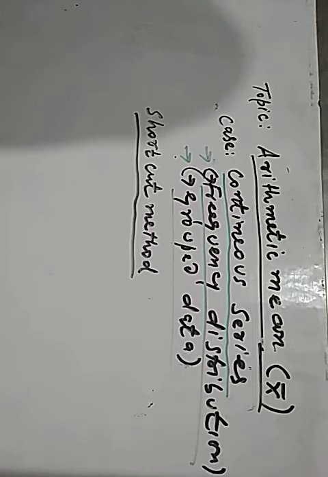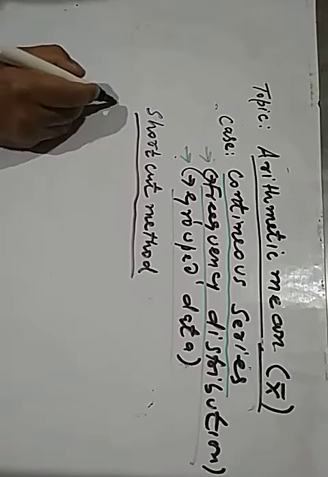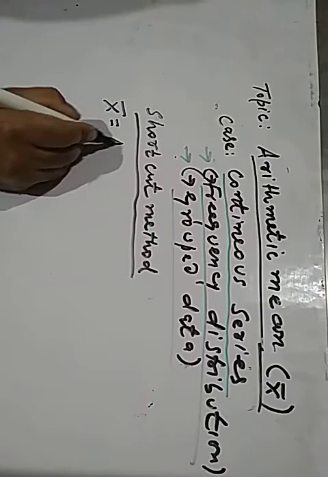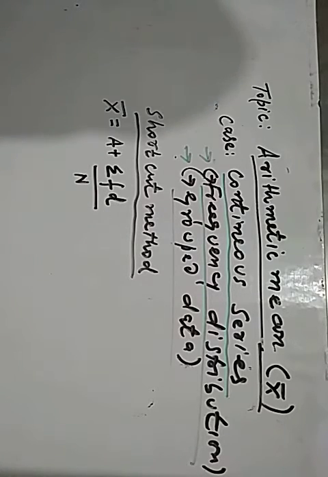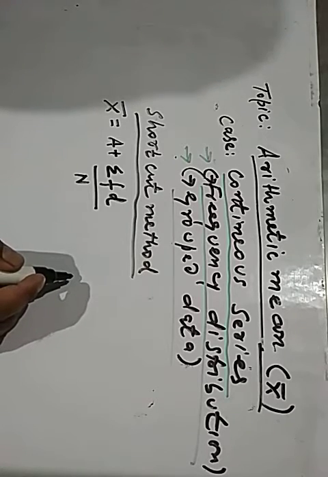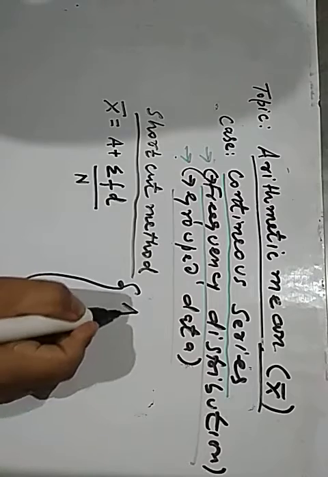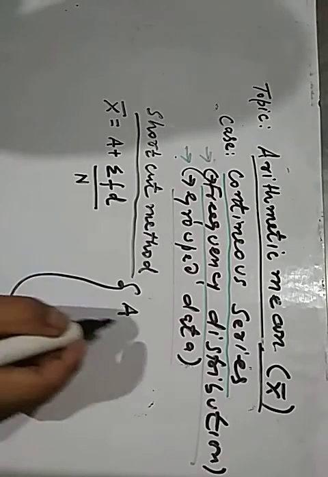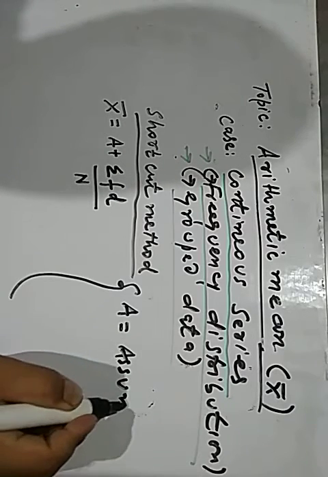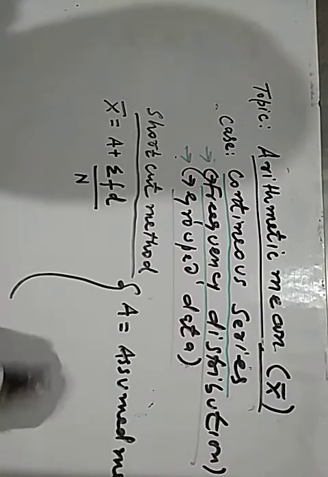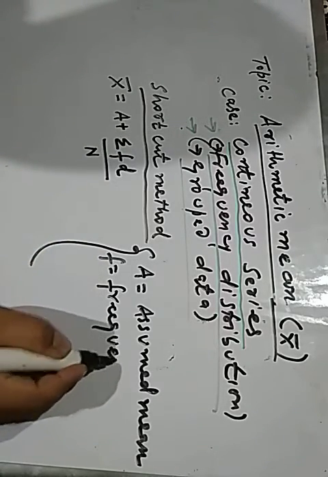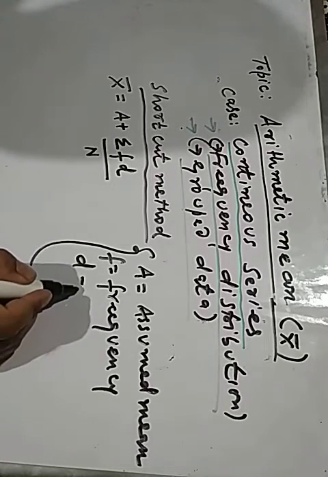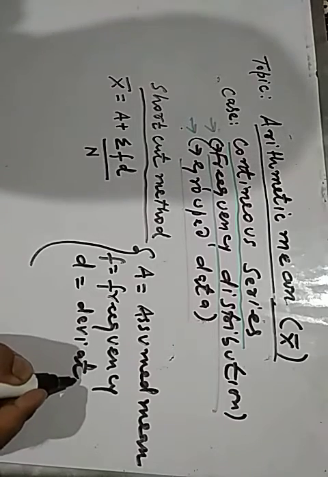Now we will apply the shortcut method to calculate arithmetic mean in case of continuous series. इसका जो फार्मूला है वो है x bar equal to a plus sigma f d divided by n, where n is again equal to sigma f, that is summation of frequency, where x bar, as you know, is arithmetic mean, a is assumed mean, and this is sigma, that is summation or adding up of, f is frequency, d is deviations, deviated values,